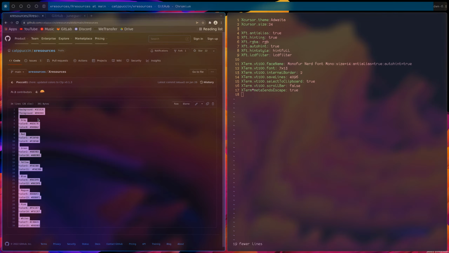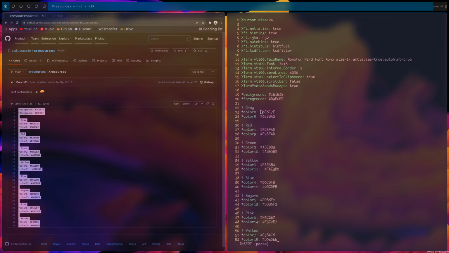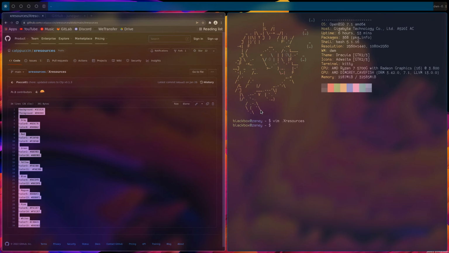Let's do this again. Control C, copy. Control Shift V. WQ. Save that. Let's rm -rf dot